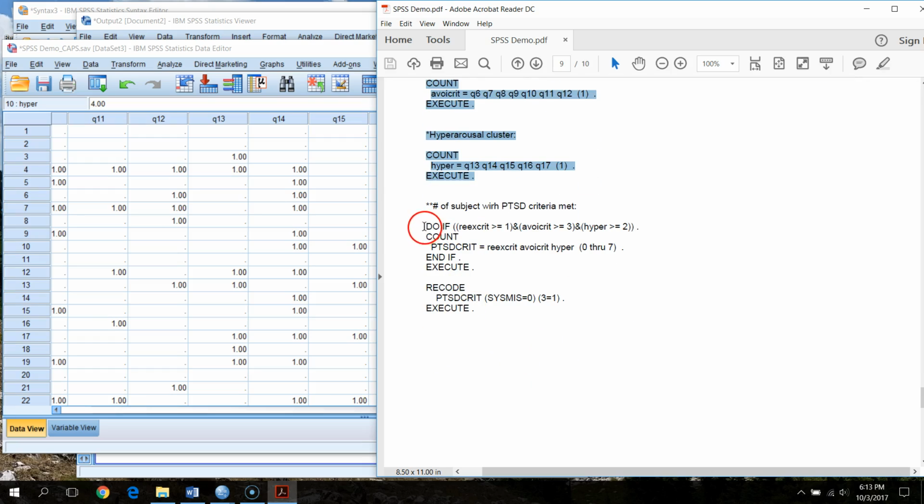And then what we want to do is count the number of people who actually meet criteria for PTSD. At the time that we were collecting these data, people would meet criteria for diagnosis if they had at least one re-experiencing symptom, at least 3 avoidance symptoms, and at least 2 hyperarousal symptoms. So we've got a statement that says, do if individual has 1 or more re-experiencing, 3 or more avoidance, and 2 or more hyperarousal symptoms, we're going to have a new variable that we call PTSD crit, and we're going to count the number of values within each one of these, 0 to 7,